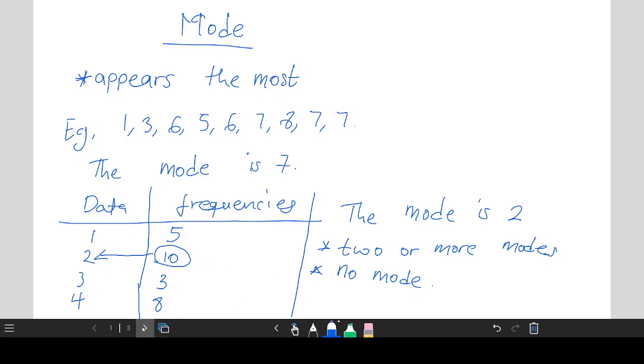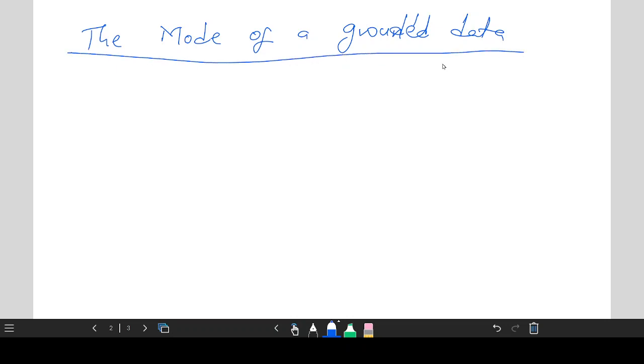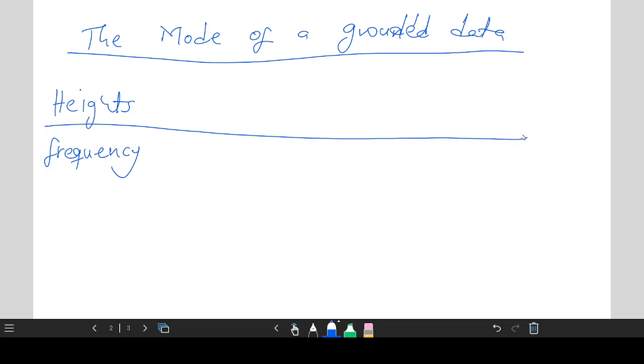Very good. Now let's go and look at the mode for a group data. Mode of a group data. Okay, so let's say we have our data set, say height of some students and their frequencies attached to them. Let's say this height